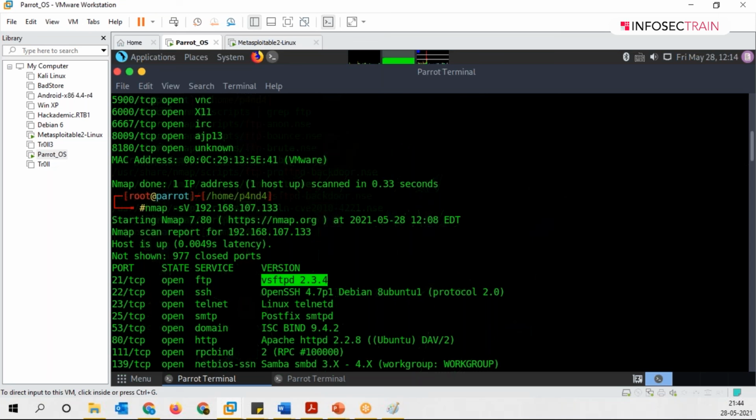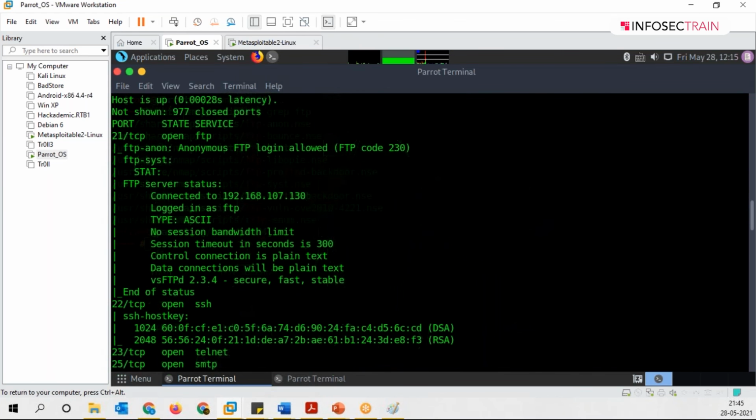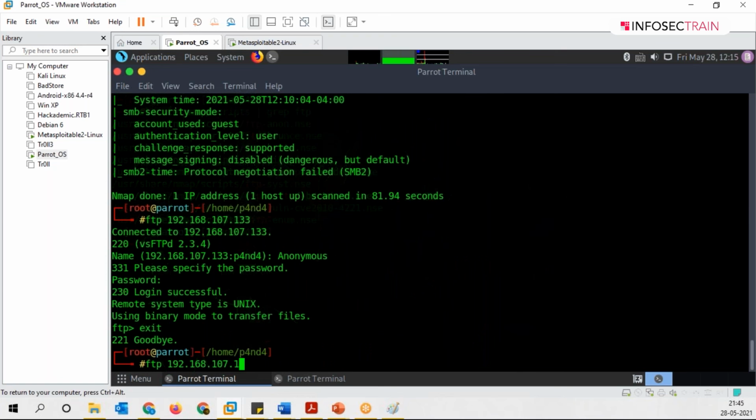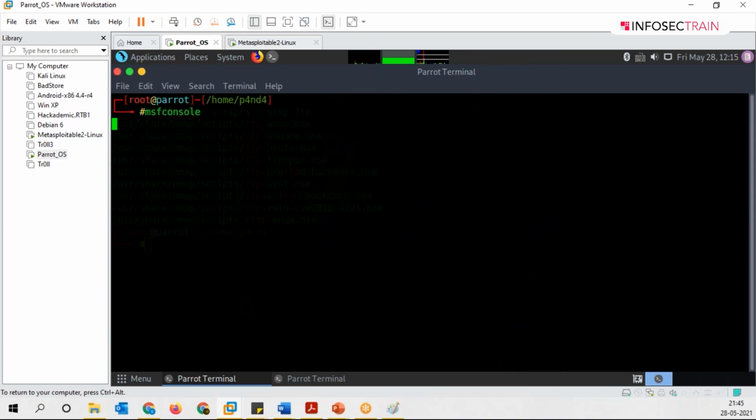So guys, we have this pretty cool utility in your Parrot or in your Kali, which goes by the name msfconsole. You have this pretty good utility which goes by the name Metasploit. To open the Metasploit framework, you just have to write msfconsole. If you hit enter, it will take time to load everything.